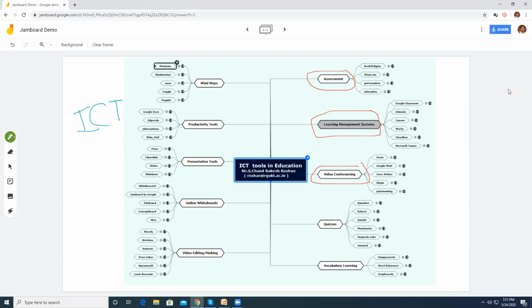You give them a circuit and then you want them to explain, and then you assign it to all. The way you attach a PDF, image, or a doc file from your Google Drive, you can attach this jam file. So if you are interested, you can try that out. That would be an interesting thing using Jamboard. Else you can simply use it as an online whiteboard. And yeah, that's all about Jamboard.